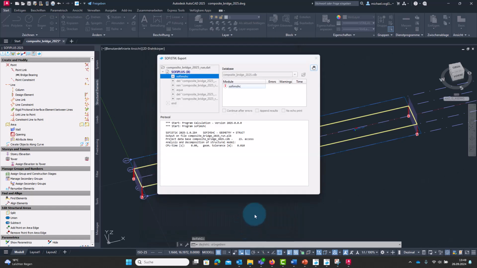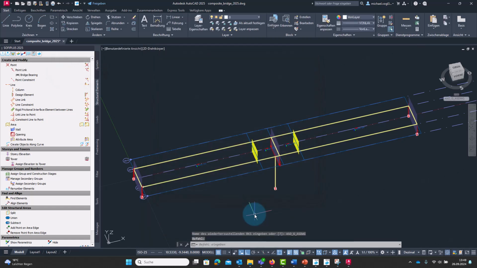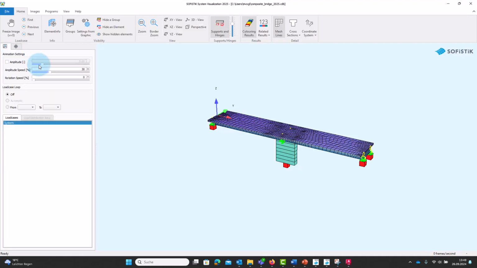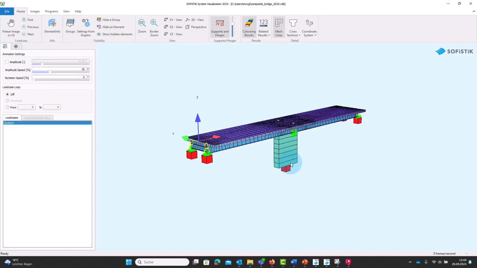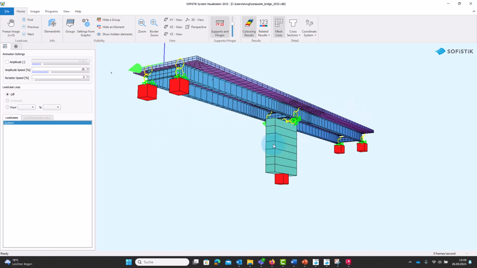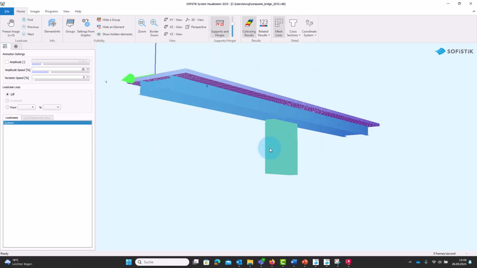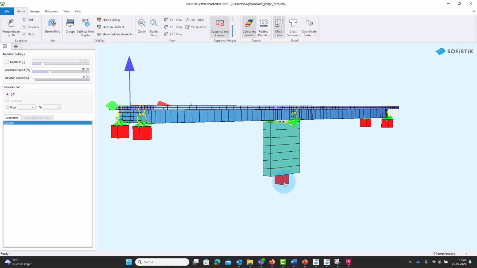SOFiPlus. Check how it looks like. Yeah, you can see the orientation of the pier is still not like we want to have it.